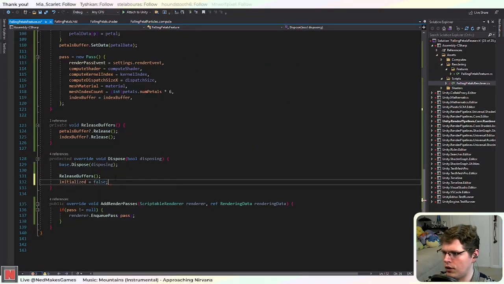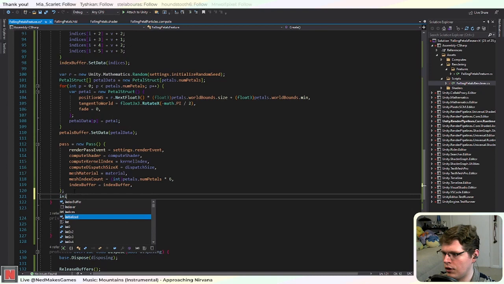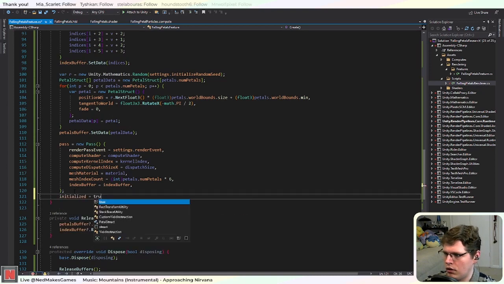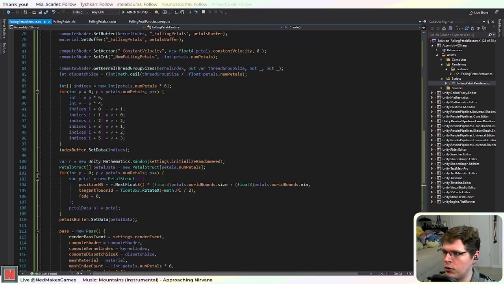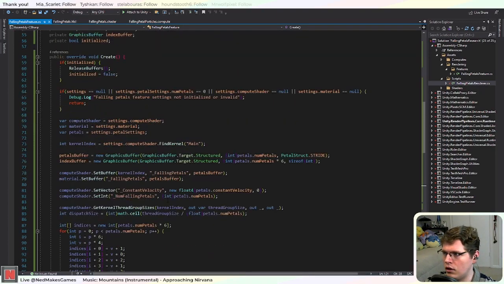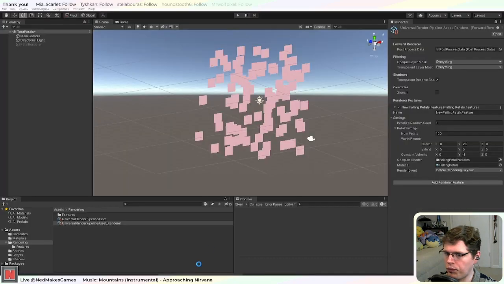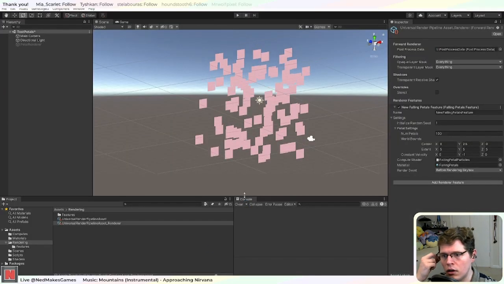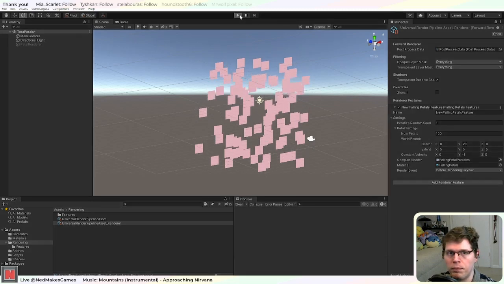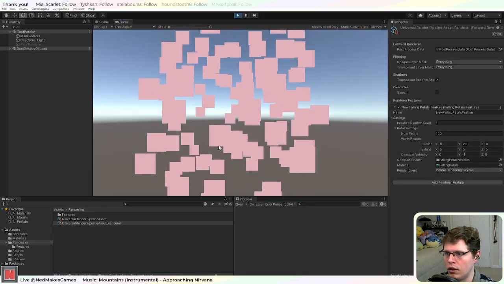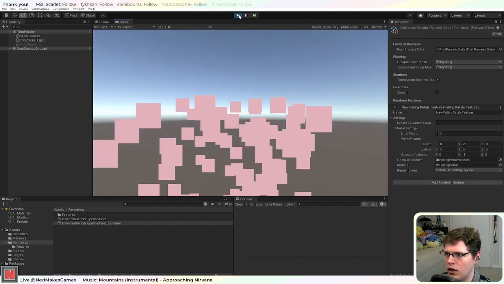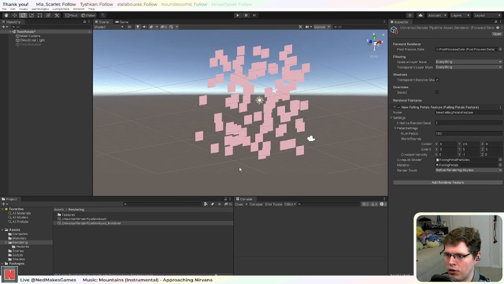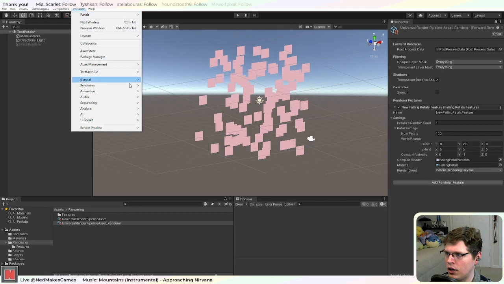Initialize is false, and then we set initialize to true here. Okay, so this should get rid of all of those problems. Okay, so now we have some wonderful little pink squares. So now we are finally ready to use the depth texture, which if we look in